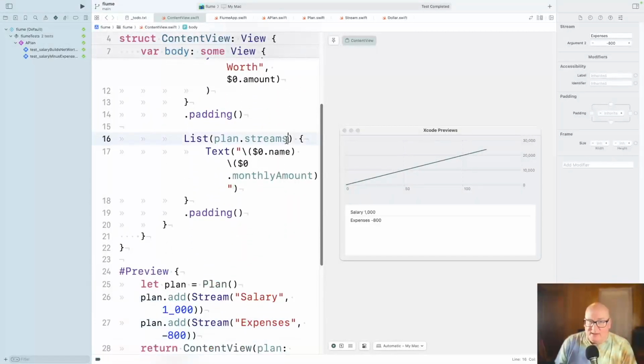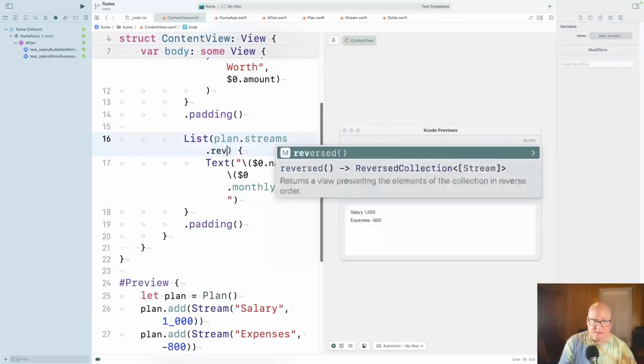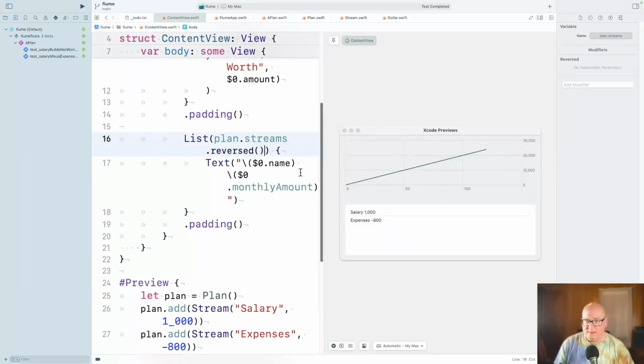Well, I know one thing I think I want. I think I want this reversed, if it'll do it. Yeah. Okay, so the most recent thing you add is there.